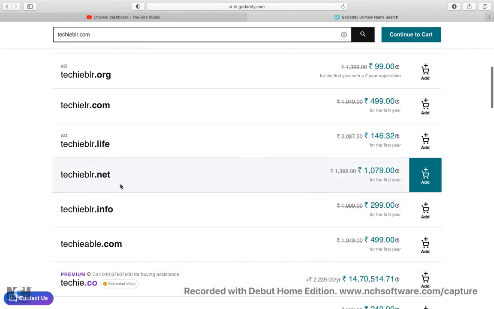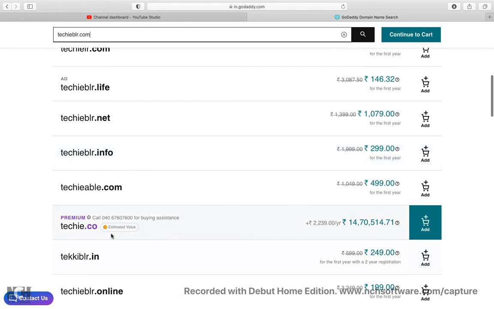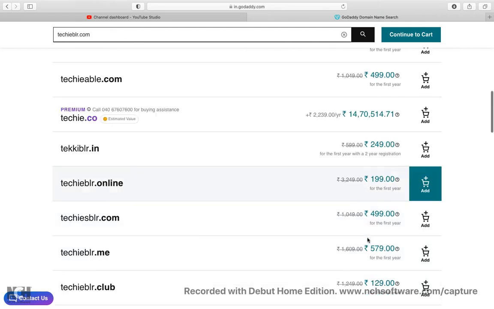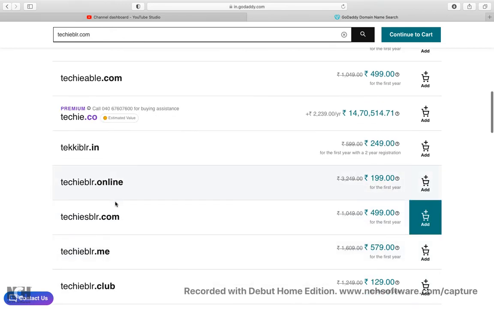If you want to get it, it's 1079. If you say techie.co, the cost comes to 14,70,514, plus some additional charges per year applicable if you have to get this particular domain or some other domain name. These are all called your domain names.